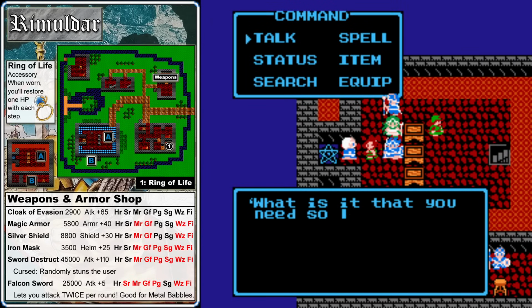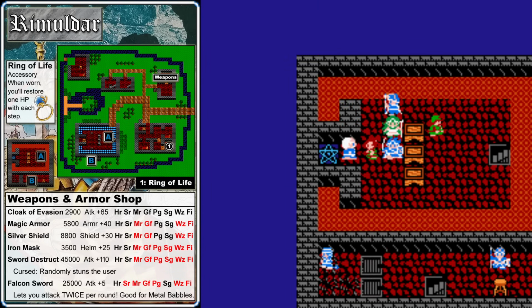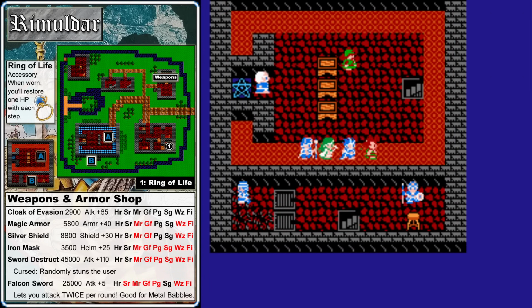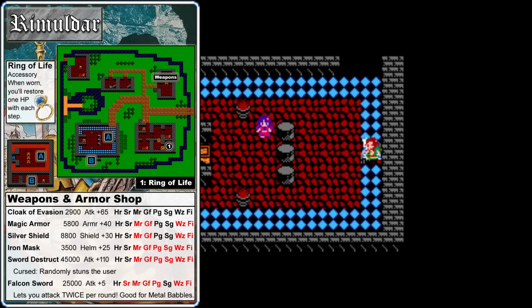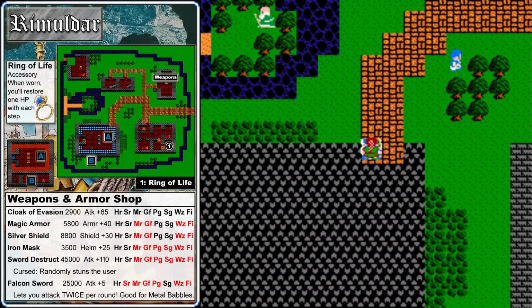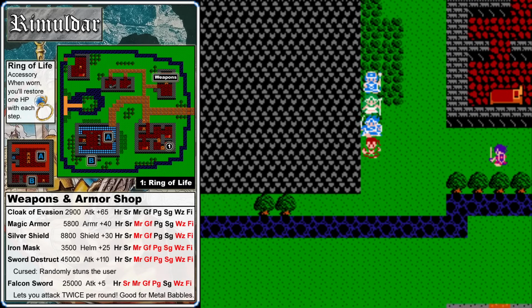We can't go through the wall, and we do want to go and talk to the people in that strange prison, so we'll have to find another way to get in there, presumably through the other set of stairs that we can see. For now, we're just going to head back outside, and whenever we talk to this knight, he's